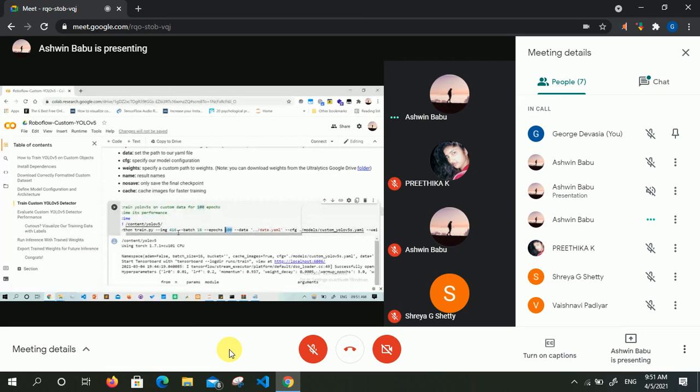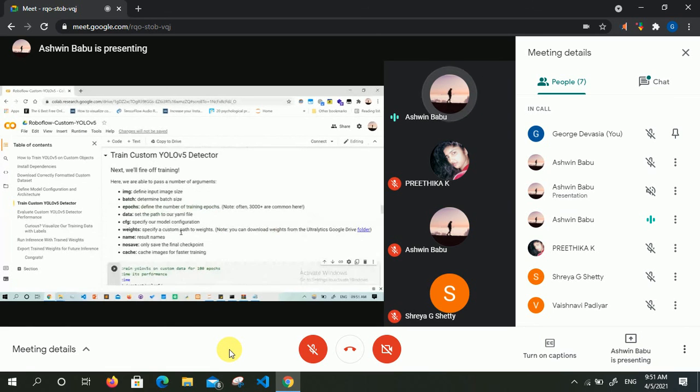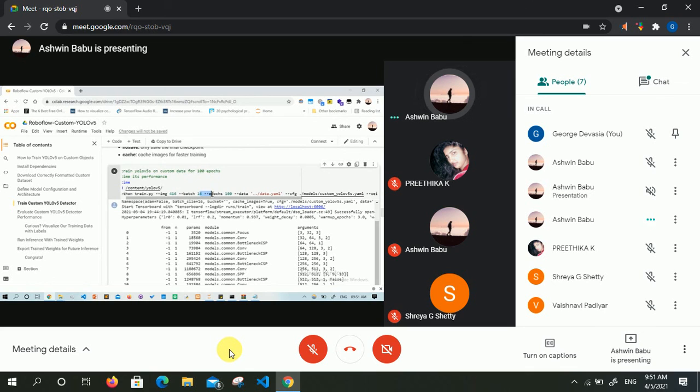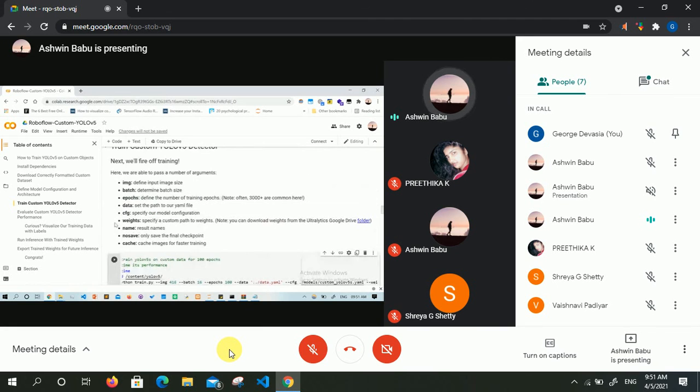Okay. And there is one extra parameter, batch size. Batch size is actually for hardware consumption. If you have very good hardware, then you can give a larger batch size, which means it will be faster. If you have smaller hardware configuration, then you have to give a smaller batch size. In this, I have given batch size as 16. The lecturers may ask why we are using epoch 100, why we are using batch size 16, just to check your knowledge. That's why I'm explaining all these things.